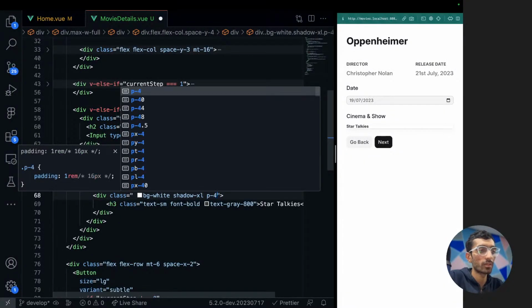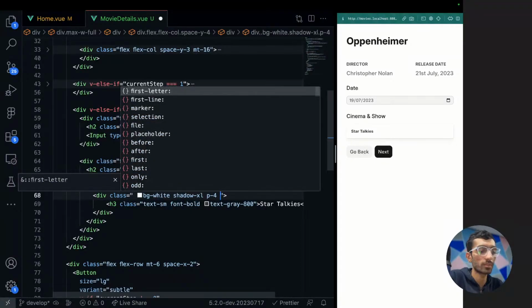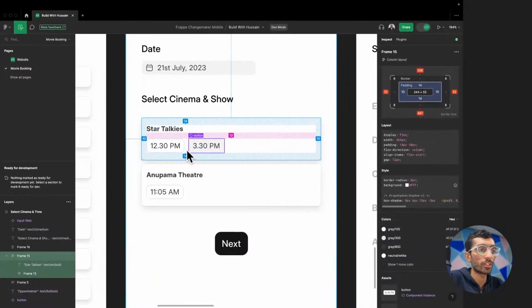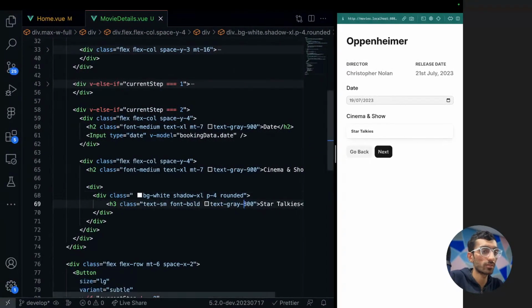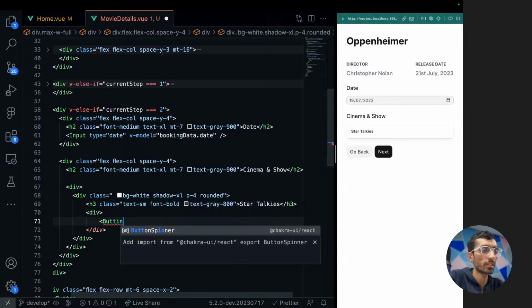We can do with p4. Awesome. Rounded, looks good. And now we render these buttons. That's cool. Add another div. We have button